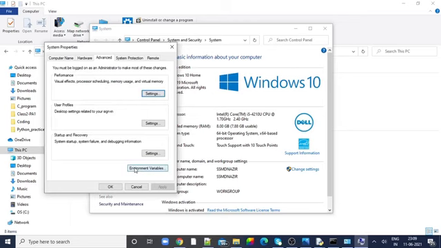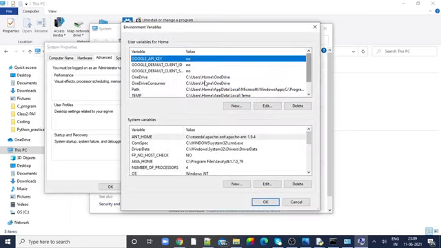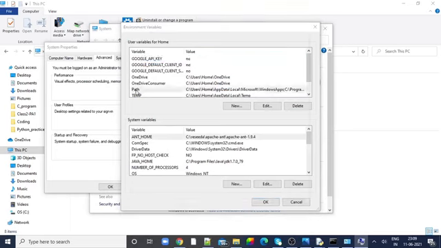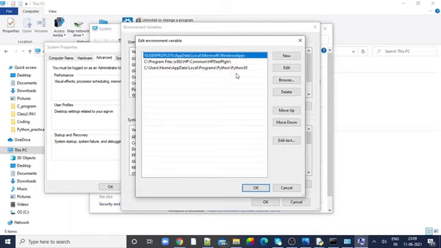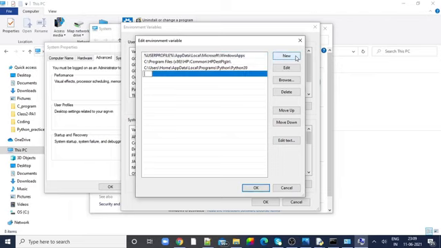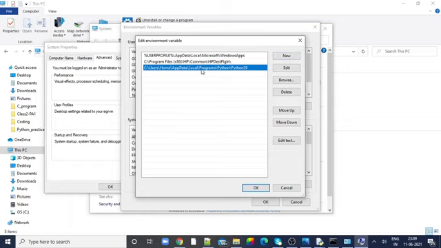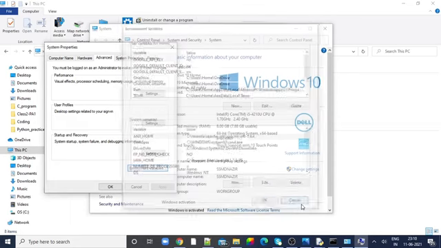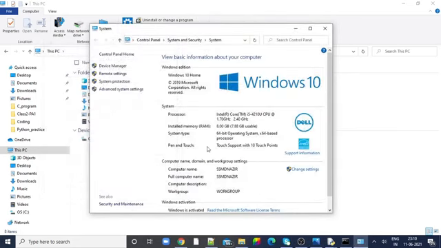There we have to click on environment variables. In environment variables, you have to click on Path. See, for me, the path where my Python has been installed is already present. For example, if this path is not present, you have to click on New and just paste it. That's it. It will work in no time. Now when you execute, the Python interpreter will appear in your command prompt. So this is how we do it, and we click OK. Since for me everything is available, I'm going to cancel it.